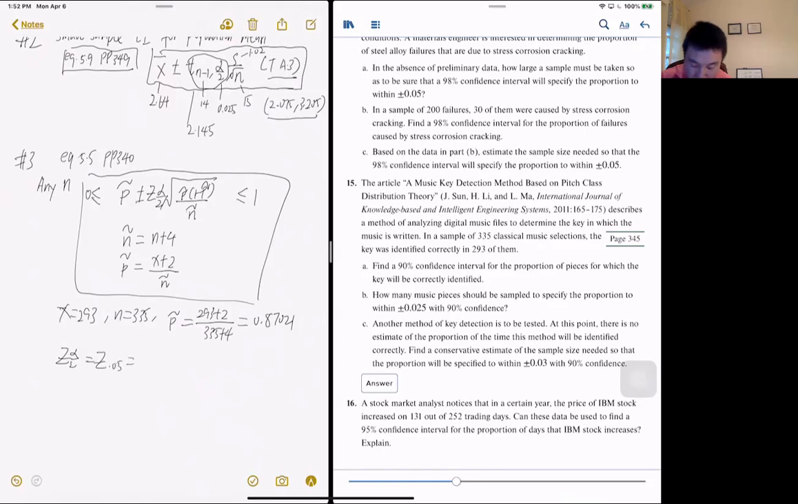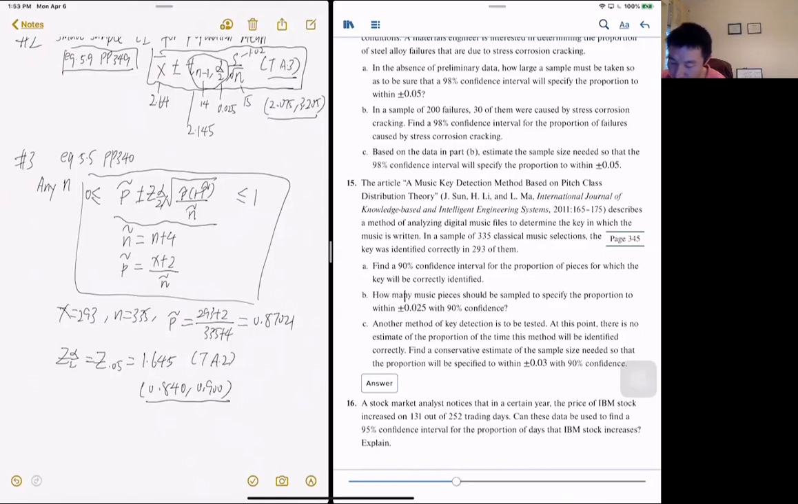z.05. Okay, so from table 8.2, this is 1.645. So plug the number into this equation, and we can get the value. The answer is, so this is the answer. Okay, so this is part A. Part B